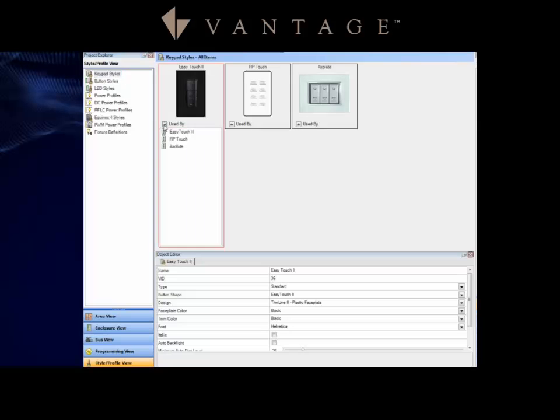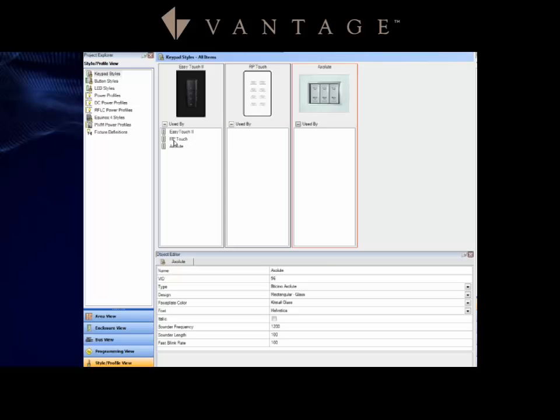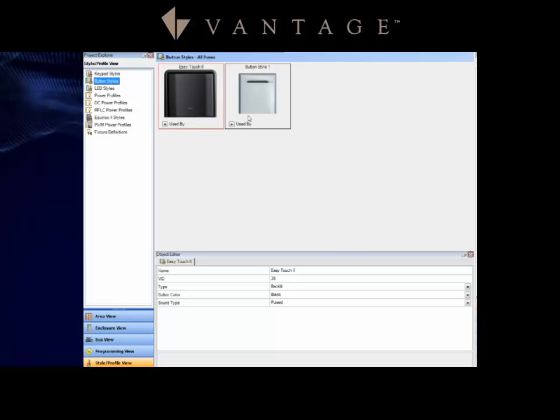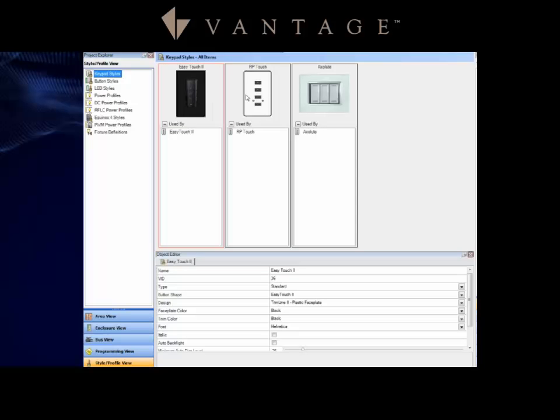Now, one quick way to do this is with this used by, I can click this and drop it down, and then I can just simply drag and drop each of those into that place. And so by doing this, notice now that if I click on the button styles, it does have the ability to have one of the standard type of buttons. So if you look back at the keypad style, you'll see that those are black on the RP Touch as well as the Easy Touch 2,